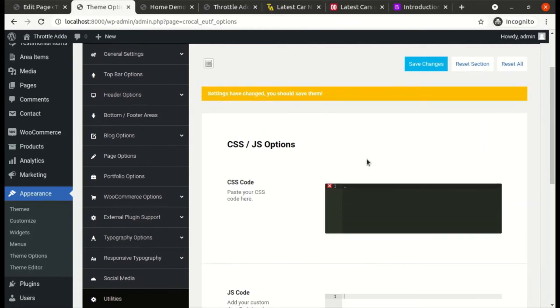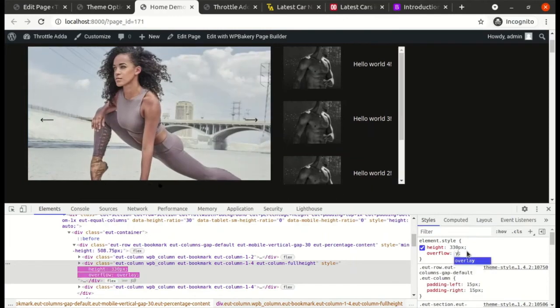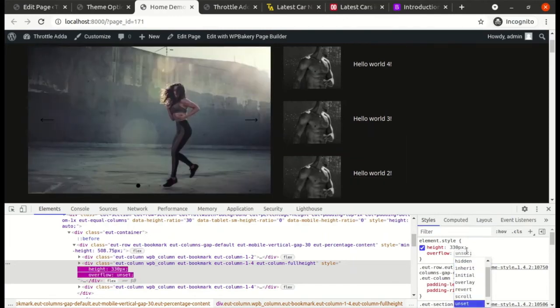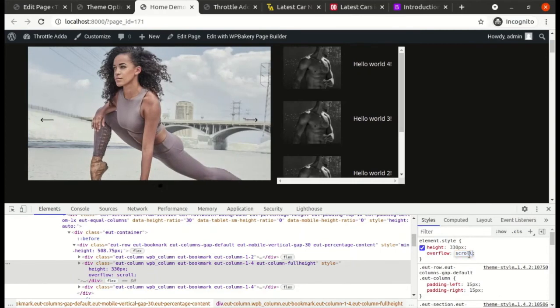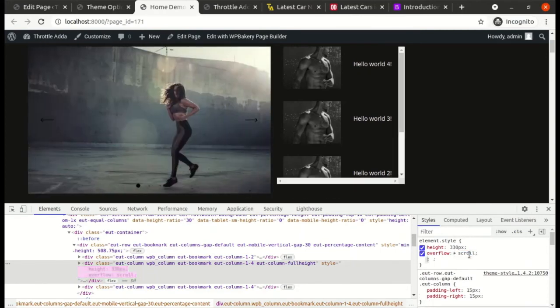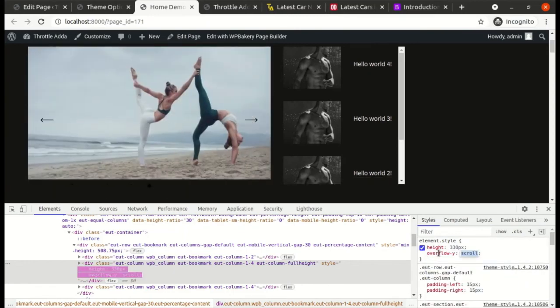We will start writing a class, and we will give it the name home latest posts scroll.